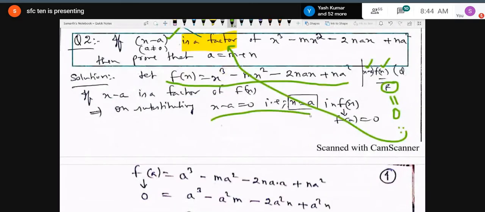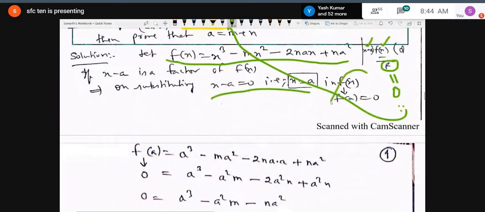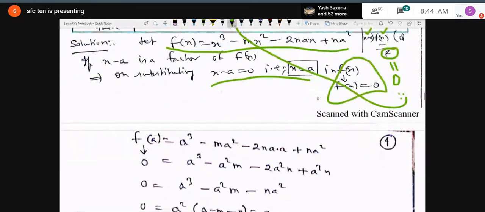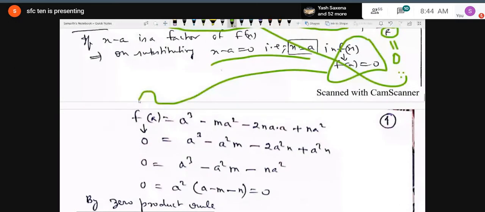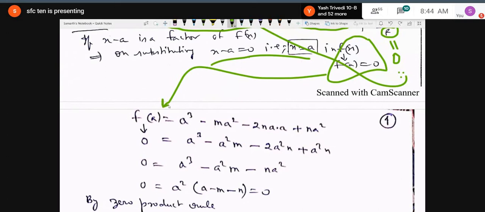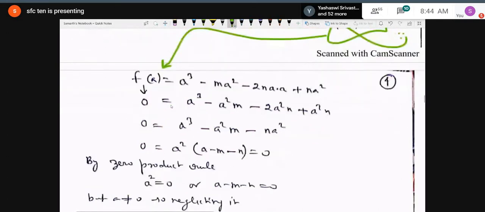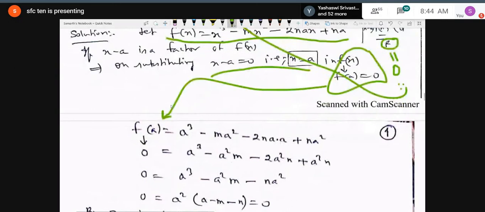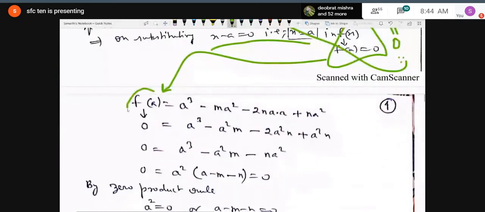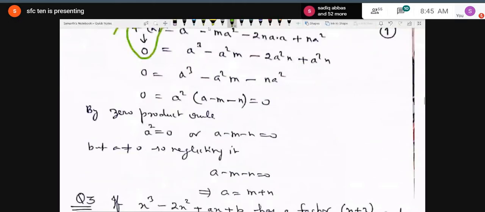So what is the value of f(a)? f(a) is equal to a cube minus m into a square minus 2na into a plus na square. What I have done, in place of x, I have written the value a. x is equal to a. And now we already know that the value of the function at x equal to a will be 0. So I have written on the left hand side f(a) is equal to 0. And a cube minus a square m minus 2a square n plus a square n. So you will get finally 0 is equal to a cube minus a square m minus na square,